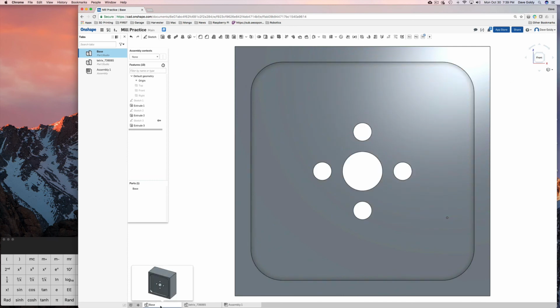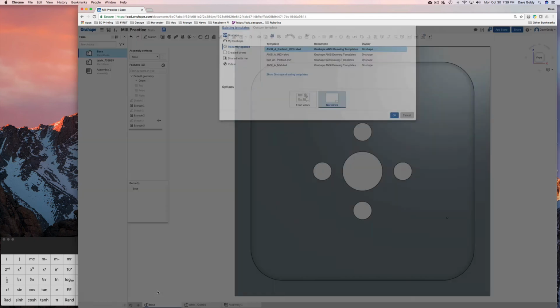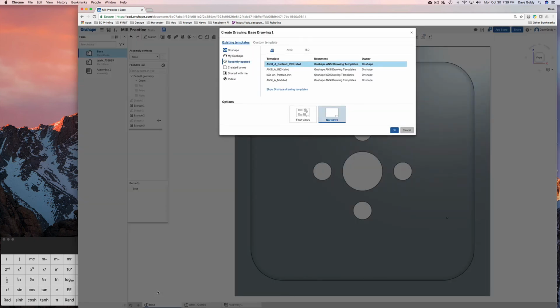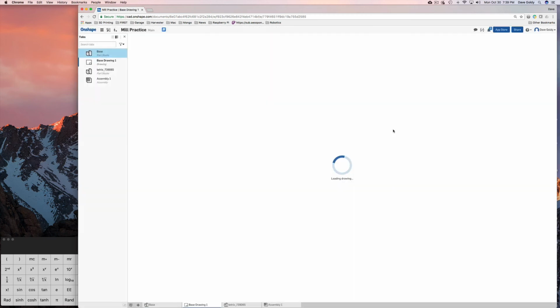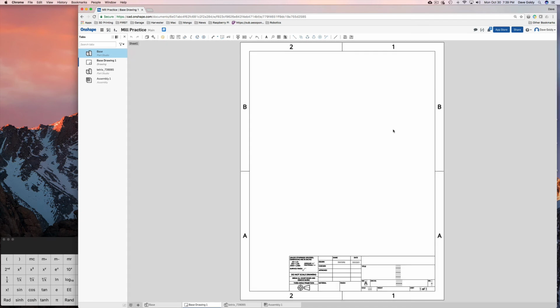So we're going to come down to the base tab. We're going to right click and say create drawing of the base. Now we're going to create a drawing with no views to start with, but we'll add the views as we go. So we're going to say okay. It's going to bring up a blank sheet of paper, and it will give us the first view that it thinks we might want, and in this case it is one that we want. We're going to click on that, and then we're going to drag down here,